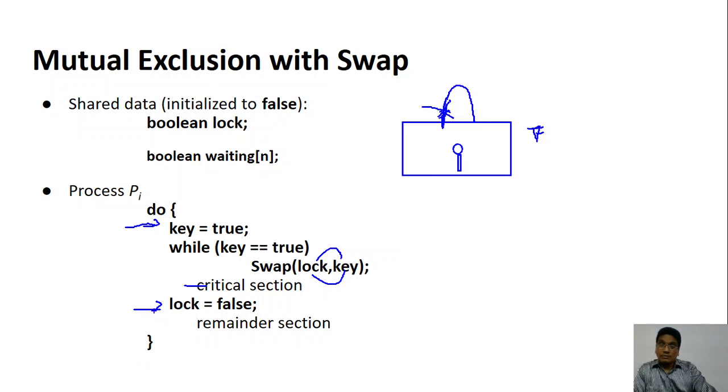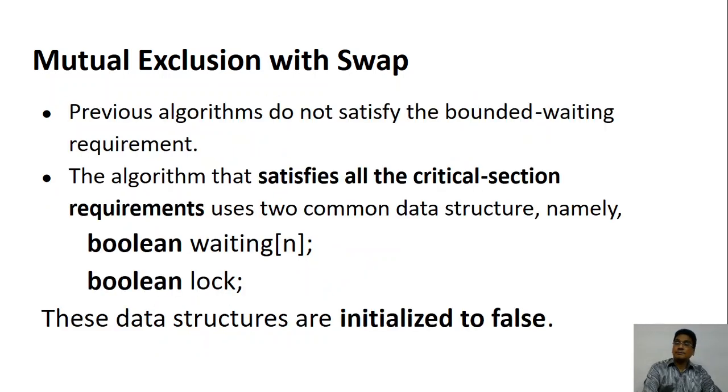Now let's go for the other way around. Suppose when you enter the critical section, the key is already locked. In that case, what will happen? You will not be able to come out of this swap because it's already locked. You cannot change the value. Somebody else is using it. You can't enter the critical section unless they allow you. When they unlock it, you can lock and enter. Simple as that. So this is how we can achieve mutual exclusion.